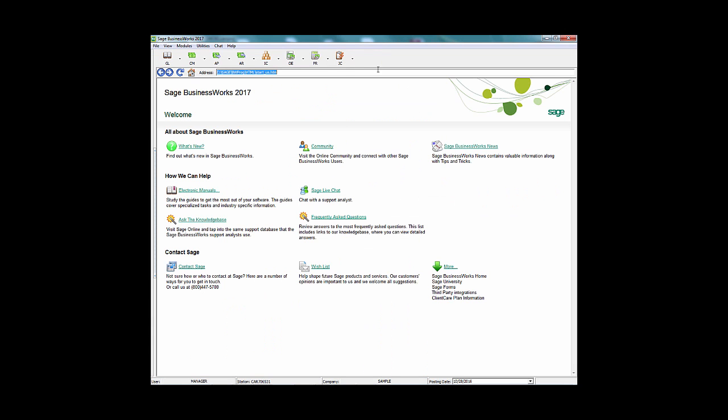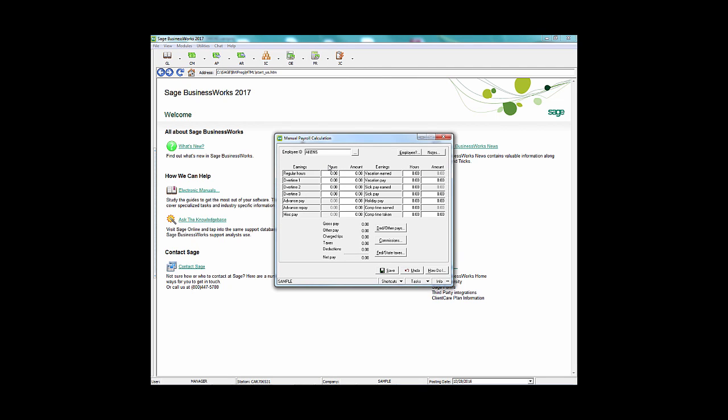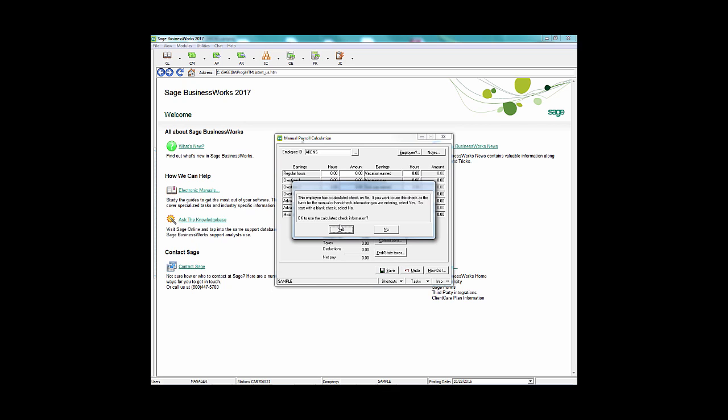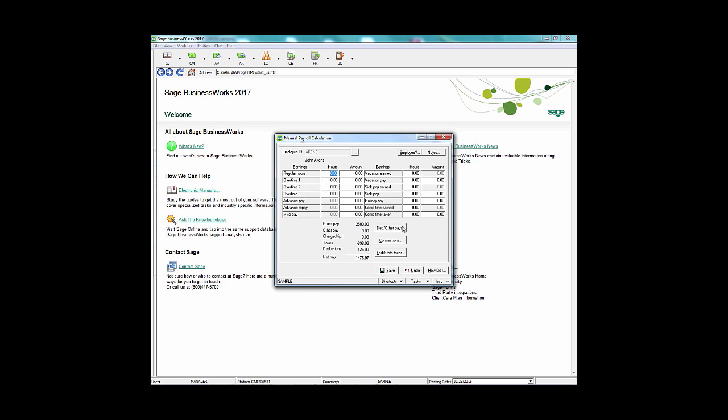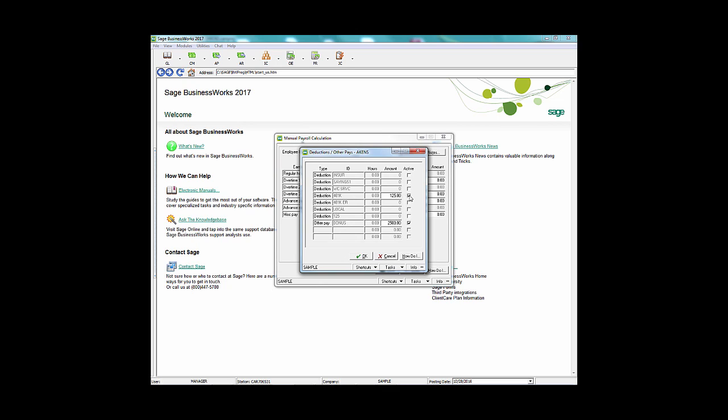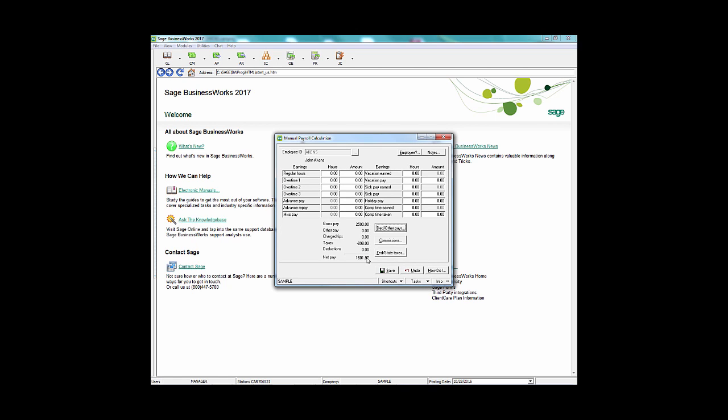So I'm going to go into my payroll processing manual payroll calculation. I'm going to bring up my employee. I'm going to say yes for the calculated check. I'm not going to worry about my job cost. I'm going to go to the deduction other pays and uncheck this. Now that did take care of